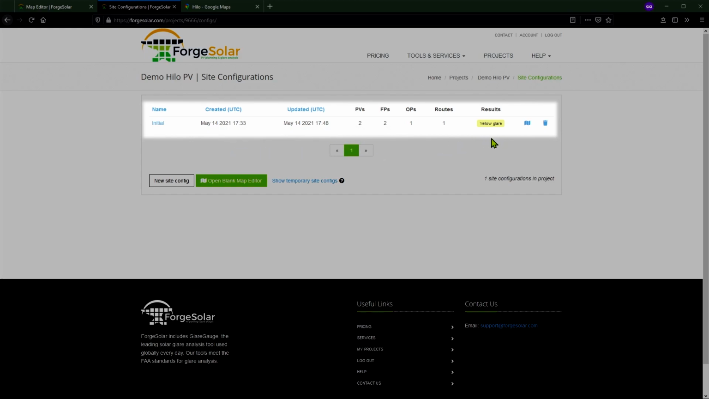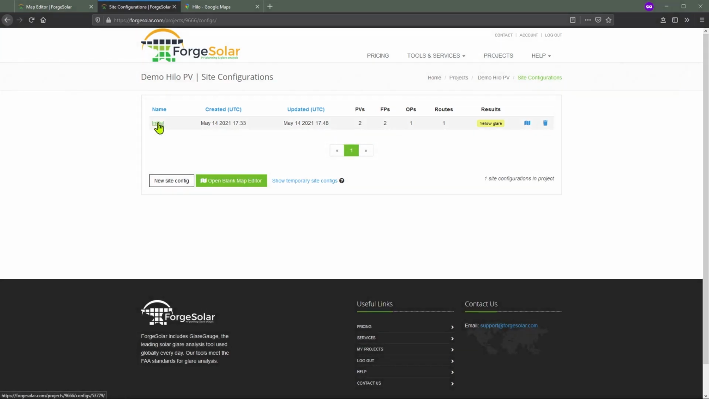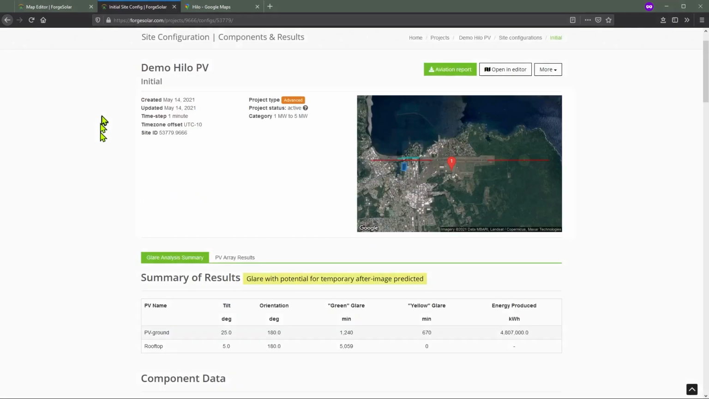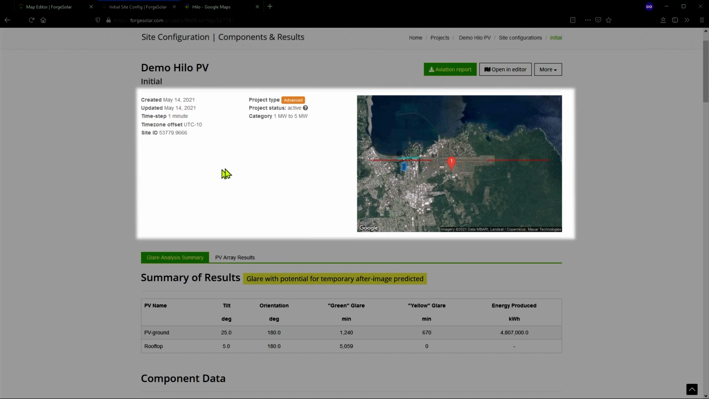The system has predicted yellow glare for one or more of our PV arrays and receptors. So if I click on the name, we're taken to that results page. This page displays and summarizes our glare analysis results and our site configuration. We see when we created and updated it, our time step, our project information, a static map of the site,